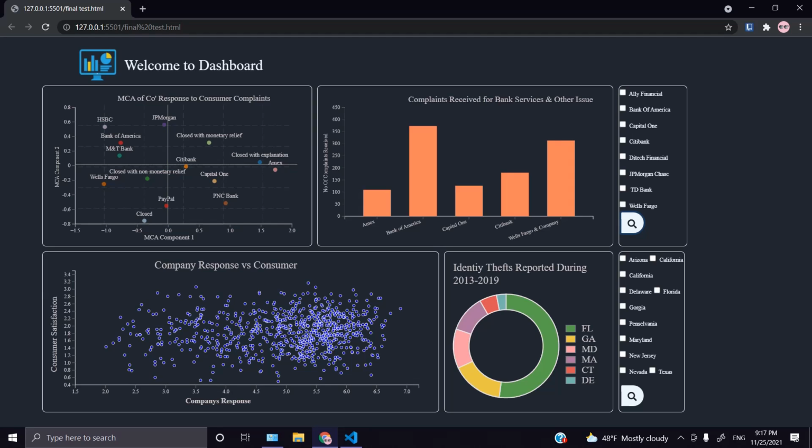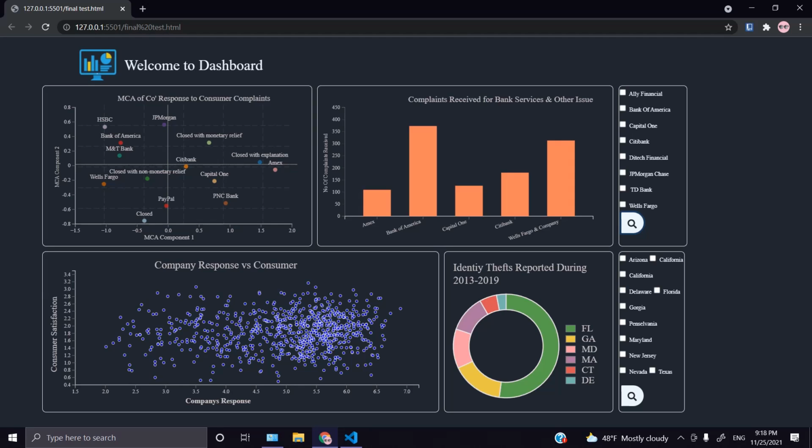So what we can see from that is that either they're not really explaining to the customer why this thing happened, or they're not really addressing anything, as compared to Capital One, PayPal, or Wells Fargo. As you can see, Wells Fargo and Capital One are very close, and Citibank as well,